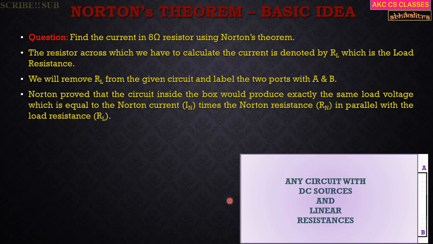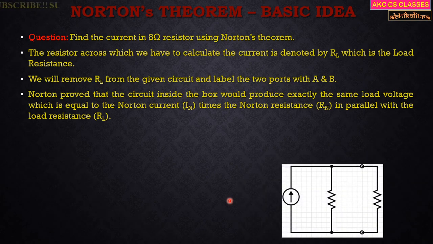So why is Norton's theorem used? Norton's theorem is used because if we want to find the current across a certain resistor, and that resistor is a part of a very complicated circuit, then if I can form a very simple circuit and find the current flowing through the resistor, that will be easier to calculate. So Norton's theorem gives you that simplified circuit, and that simplified circuit is known as Norton's equivalent circuit. So how does a Norton's equivalent circuit look? This is how a Norton's equivalent circuit looks, right? The portion of the circuit diagram which is bounded by the red outline rectangle consists of two circuit elements.